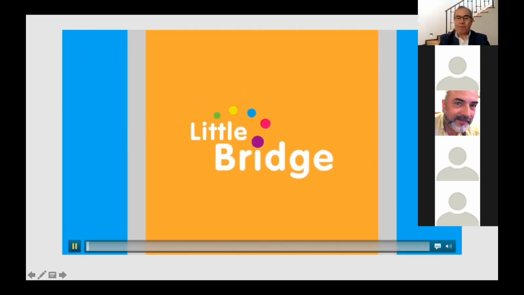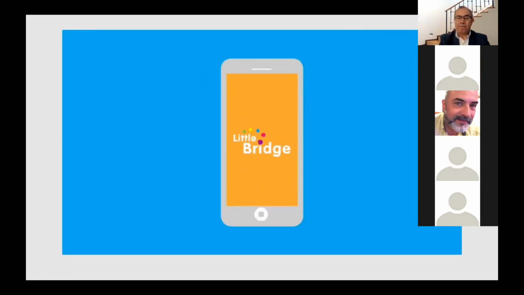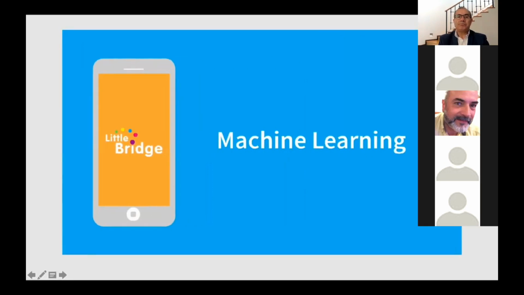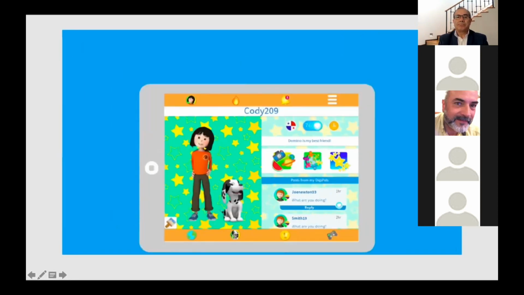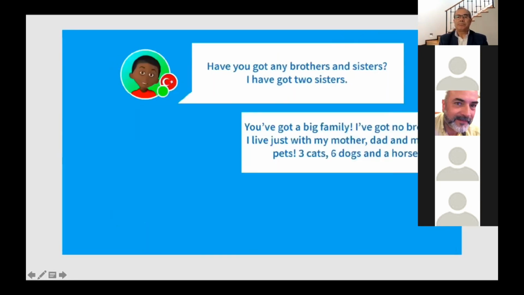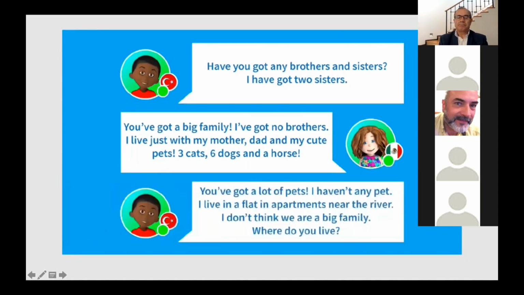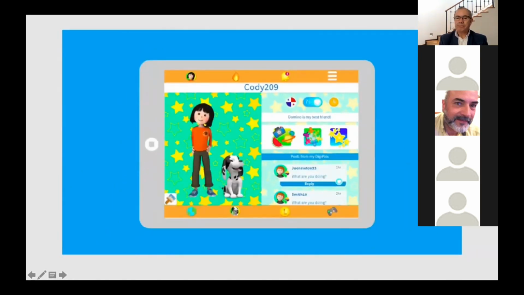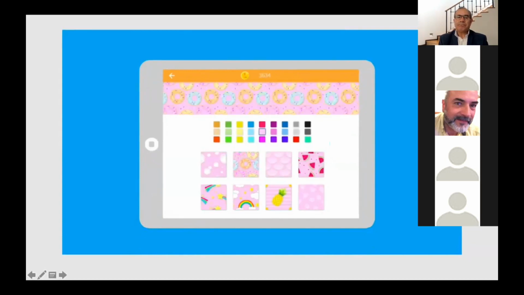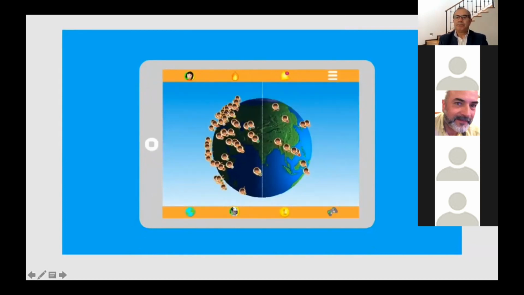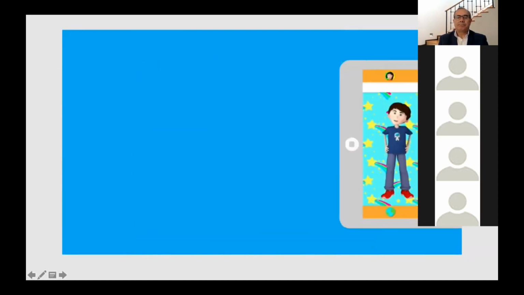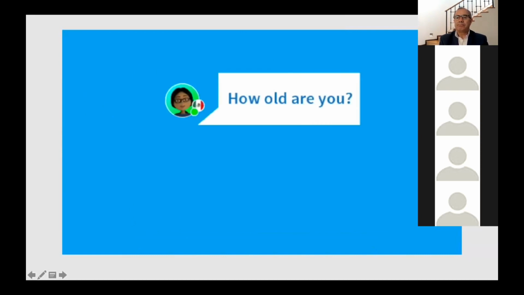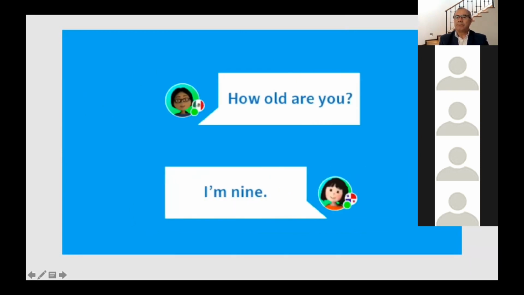Little Bridge is a fully mobile solution that is introducing machine learning to enable a fully personalized and targeted English language learning experience for every child. Little Bridge uses a research-backed social approach to give children a sense of purpose in their learning. Every child can customize their page in Little Bridge and present their personal profile to the fully moderated Little Bridge community, where they can meet new friends from around the globe and use the English they are learning. Little Bridge encourages children to practice regularly by introducing them to recommended friends and by rewarding them for success in their messaging.